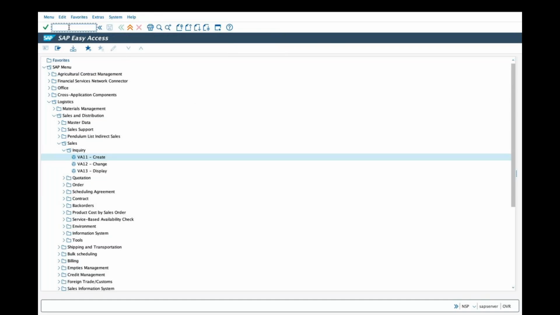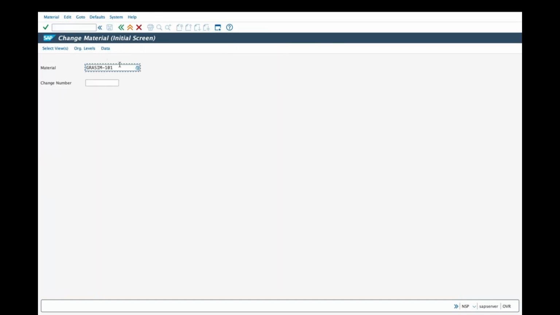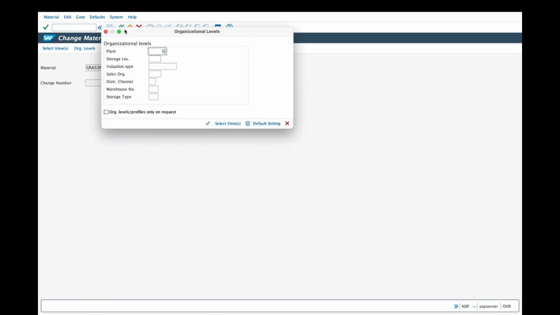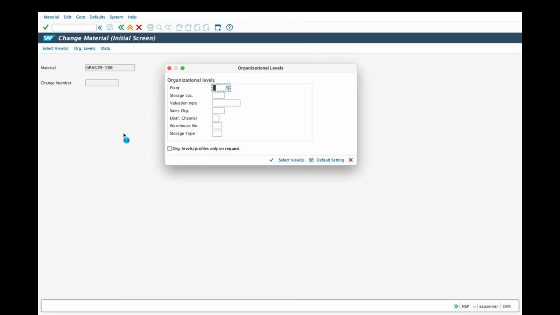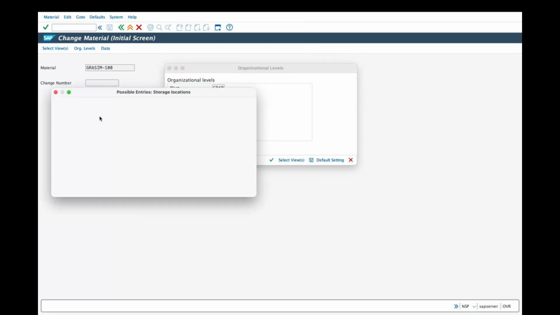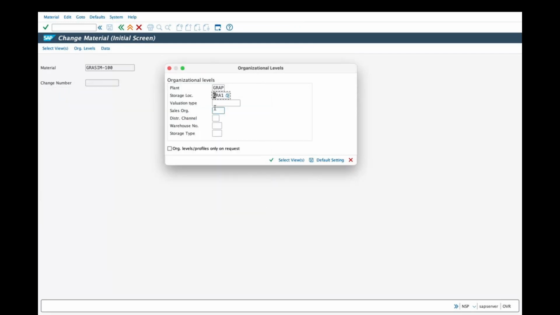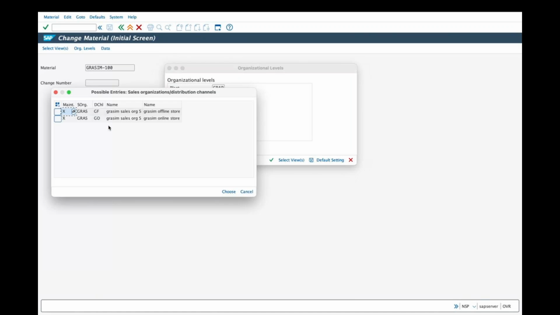Now I go to material master data MM02, right? Click on organization levels. This product is maintained in this plant, clear. Storage location maintained, clear. Sales organization, see here. This product is maintained for offline store and online store. Okay,